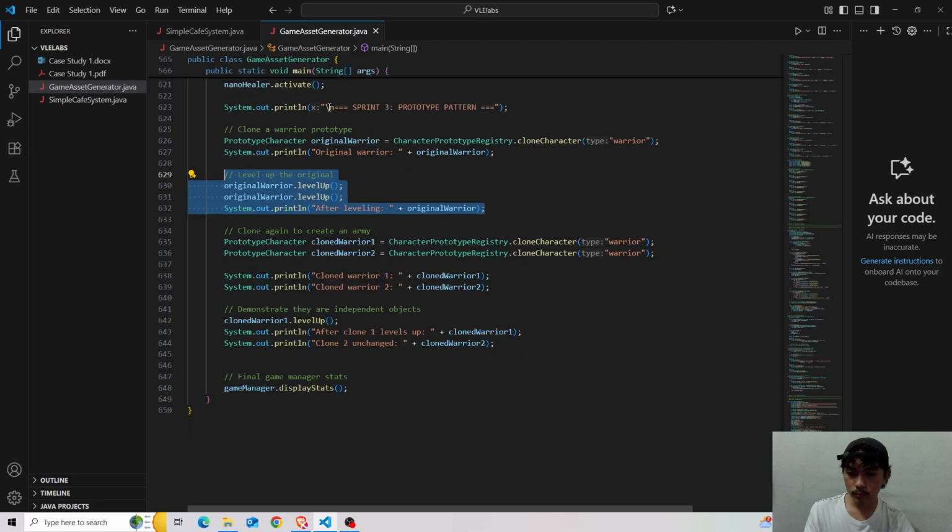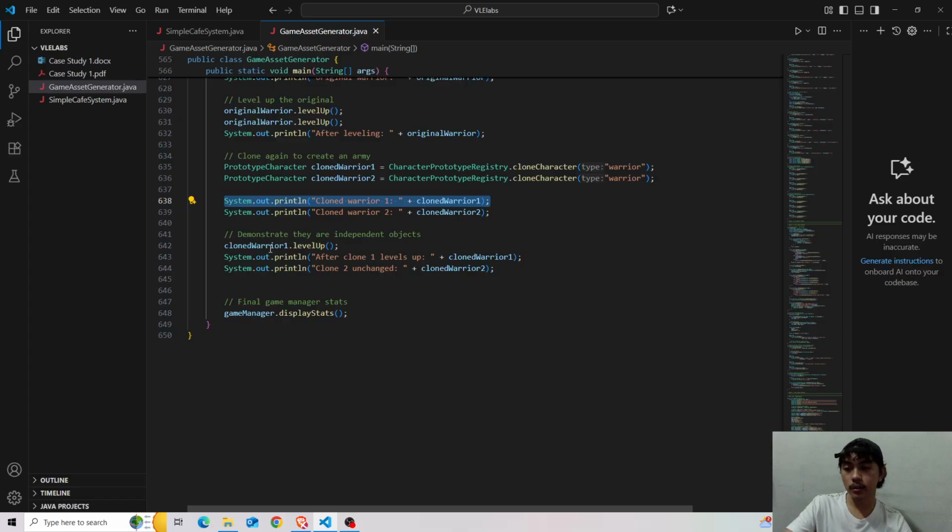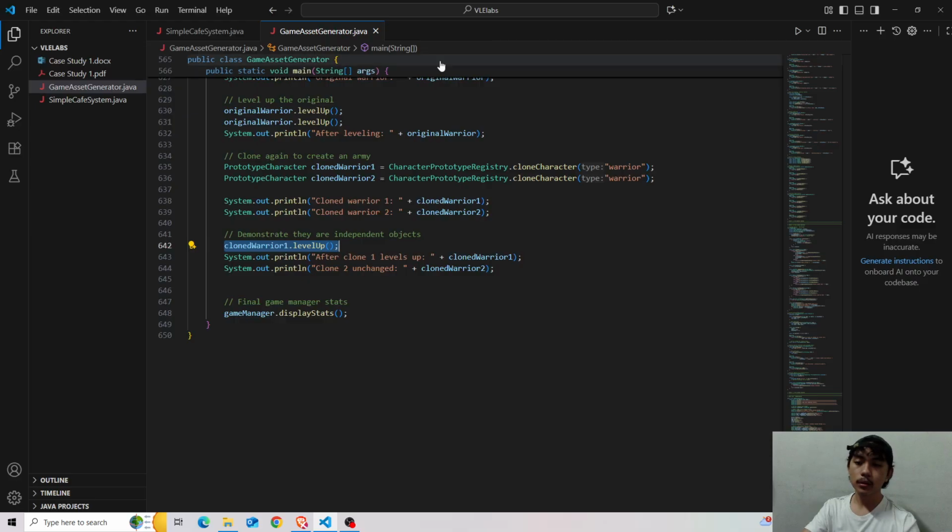Okay, so here we have just a prompt to print out, just for visuals, the cloned warriors, and then we have here a demonstration of how the cloned warriors are independent. We have clone warrior 1, which is from the prototype character.